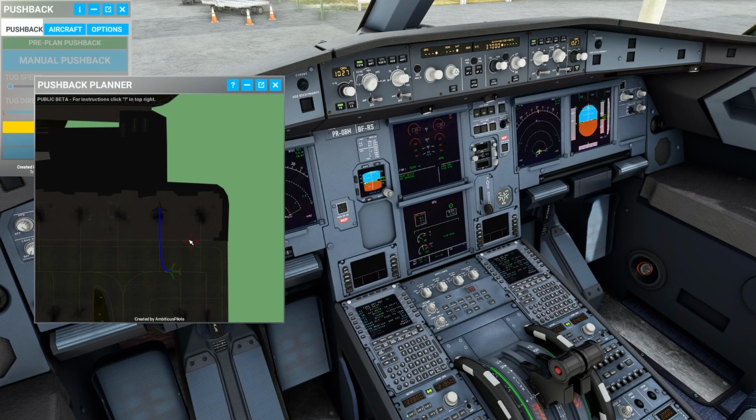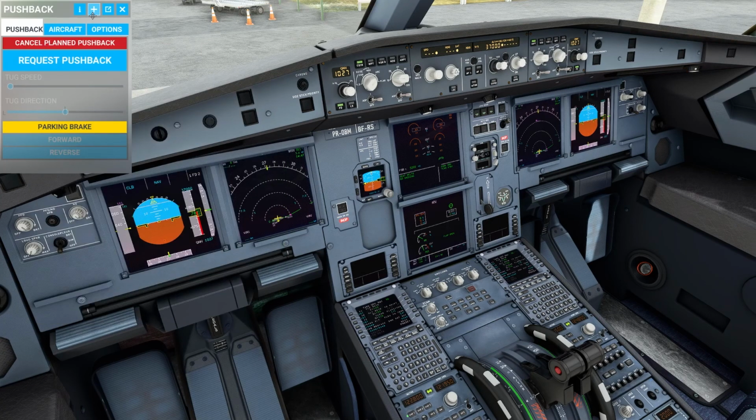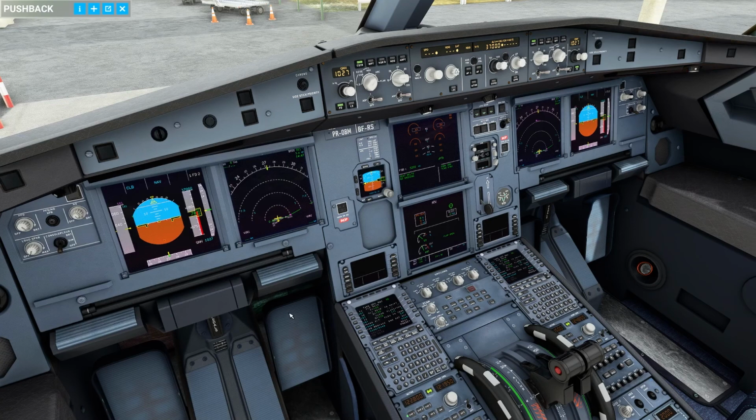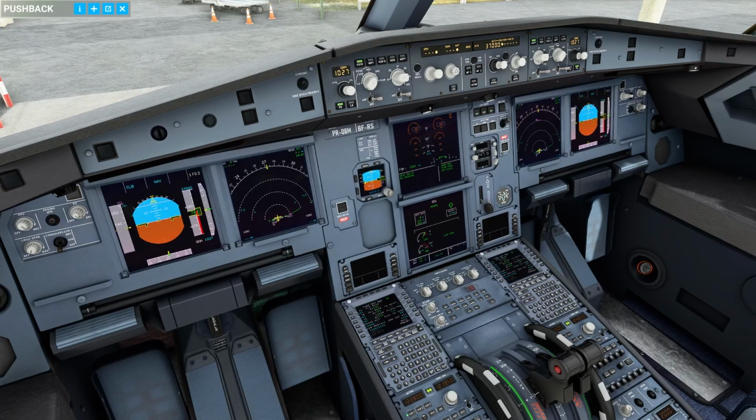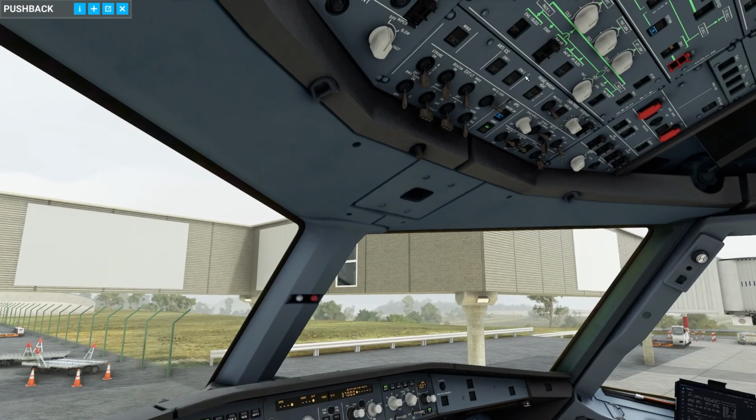That seems about center. We just click enter and that'll be ready for us to do once we need it. So yeah, I'll wait for the APU to start and then I'll be back. Right, so as you can see, APU is 100% avail, so what we'll do is we'll come APU bleed